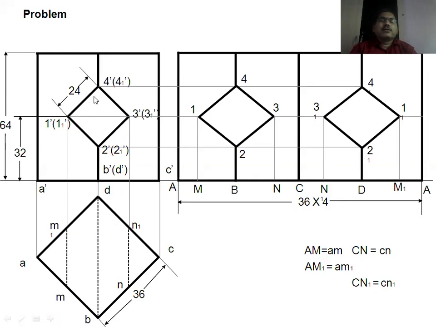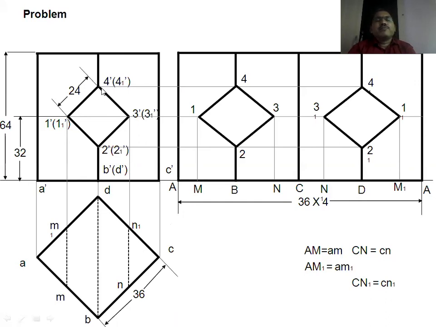This is the square hole in the front view. Then you have to draw this square hole in the development figure. We are familiar with the development of a prism. Prism development is by the parallel line development method. So you have drawn parallel lines from the top base and the bottom base and named these A, B distance equal to 36, BC distance equal to 36, CD distance equal to 36. Likewise, you have named the base edges.